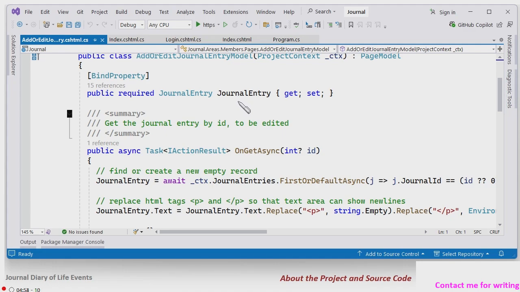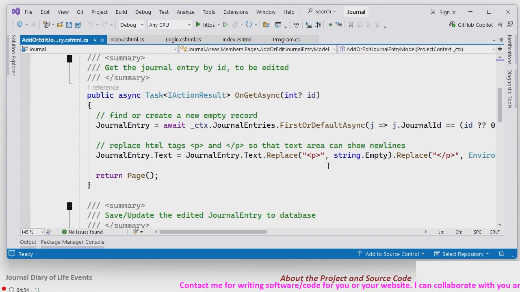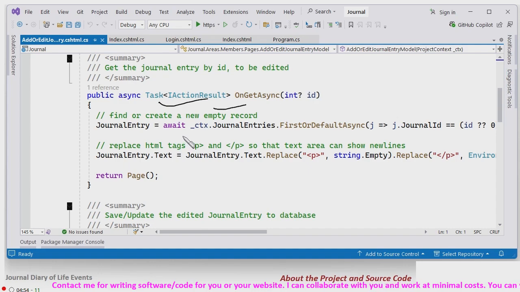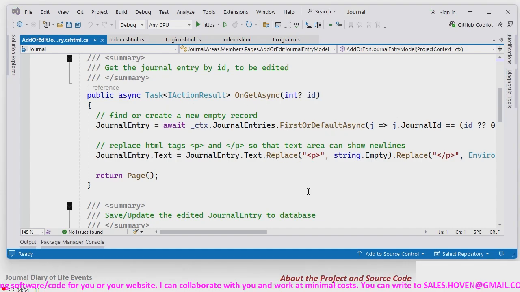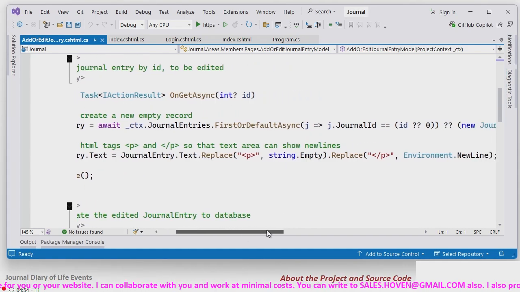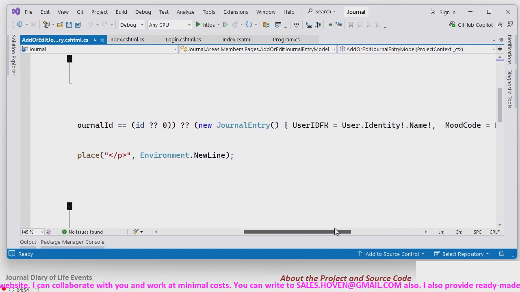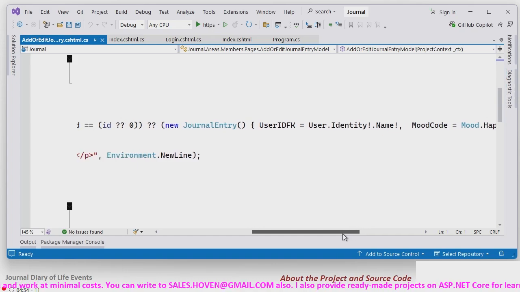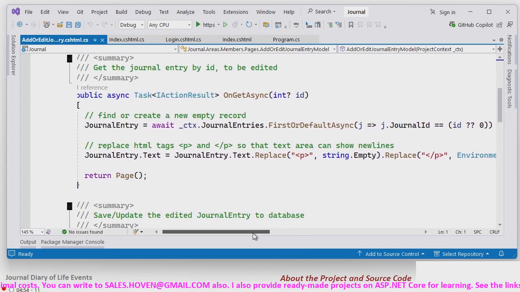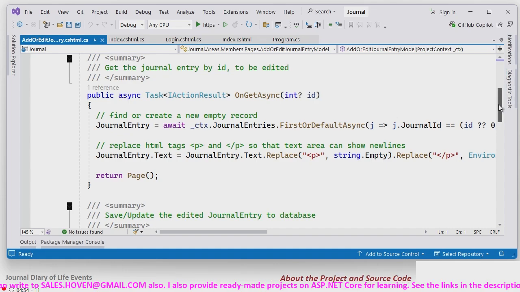There we have journal entry bind property. On get the journal entry by ID that has to be edited. So you get the journal entry by querying for ID, and then you replace the P and P tags by new line, because text area will understand new lines but not those P's. This whole code you can see,